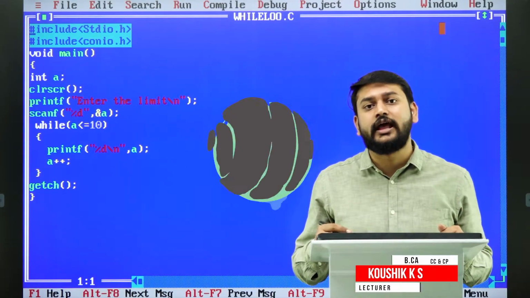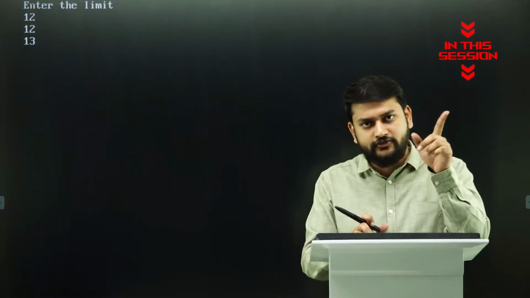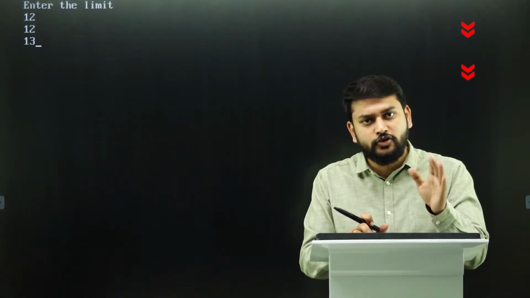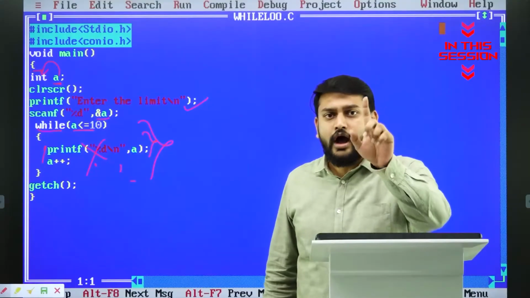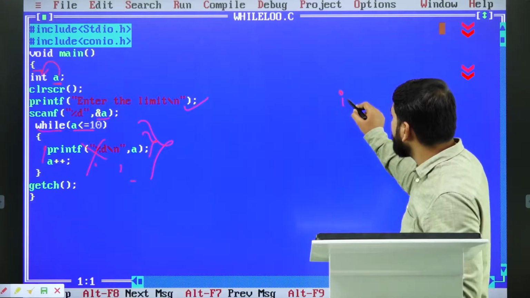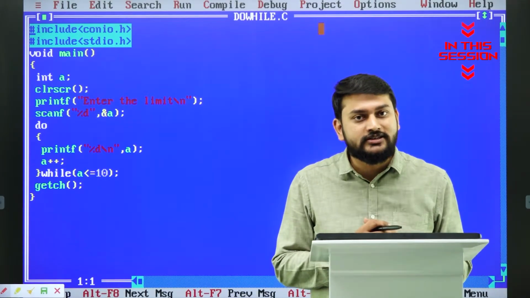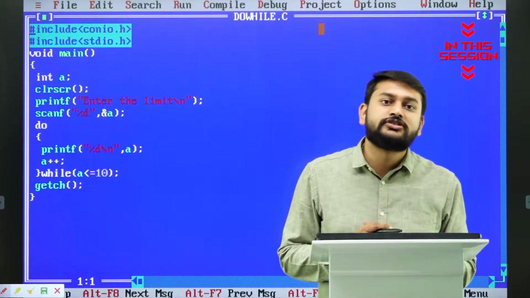And what is the general syntax of while loop, how exactly it is behaving. Already the first statement is 12 before incrementing. Then after that, A++ is working for you. That's why it is incrementing. Now, after saying this statement, you might get a doubt. Sir, then why do we use if statement? So the speciality of do while that you need to understand is, so even if the condition is not true,